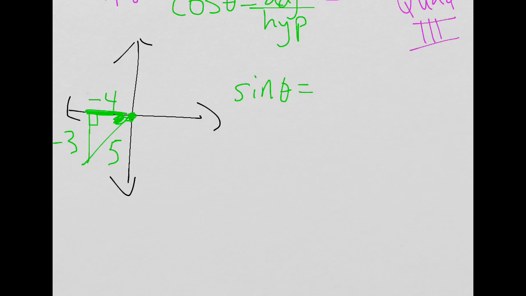Opposite over hypotenuse. Opposite over hypotenuse. The opposite side's 3, or -3, over the hypotenuse, which is 5. Is anybody confused on where I got that from? Then the tangent,